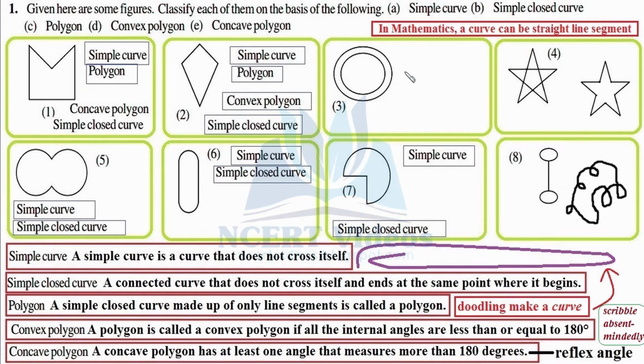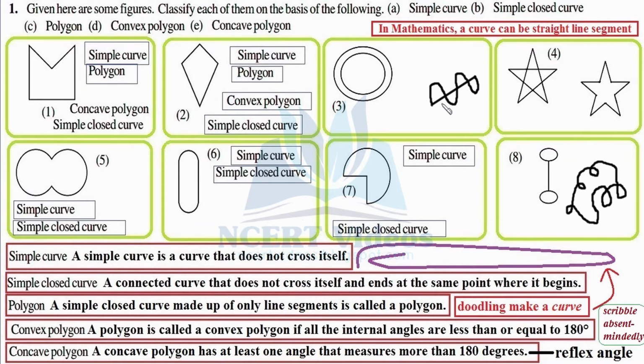Also, another thing you have to keep in your mind, in mathematics, a curve can be a straight line segment. Whereas generally we think a curve is something which is not a straight line, but in mathematics terminology, a curve can be a straight line segment. And what is a line segment? The shortest distance joining any two given points. For instance, if we consider this point and this point, so we can reach from this point to this point in different ways. That is, one way is like this. So it won't be a line segment. Whereas the shortest distance from this point to this point can be drawn like this. We start from here and it goes like this, the shortest distance.